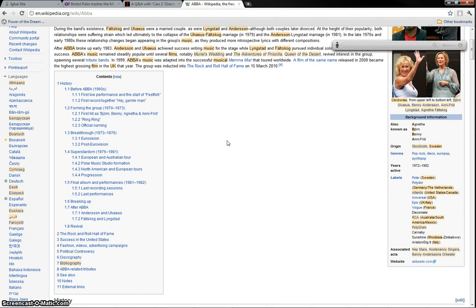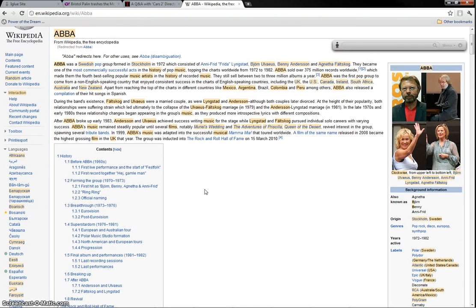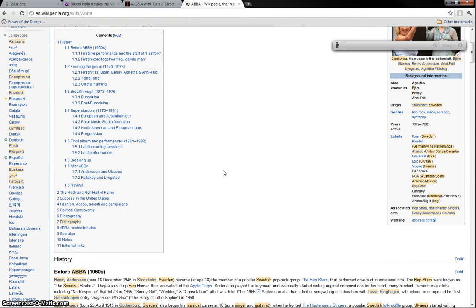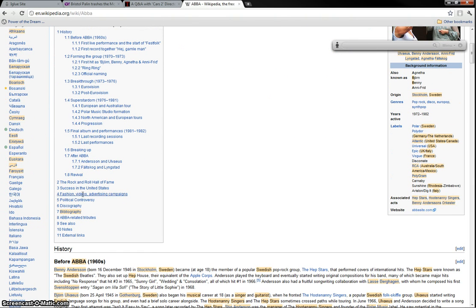Now, this is the interesting part. On the left-hand side, Wikipedia gives you a whole bunch of languages the ABBA editorial is available on. Let's say here we have Gallego. I'm not sure I'm pronouncing it right, but it says Gallego. Unless you speak that language, which I don't, you're gonna be hard pressed to find